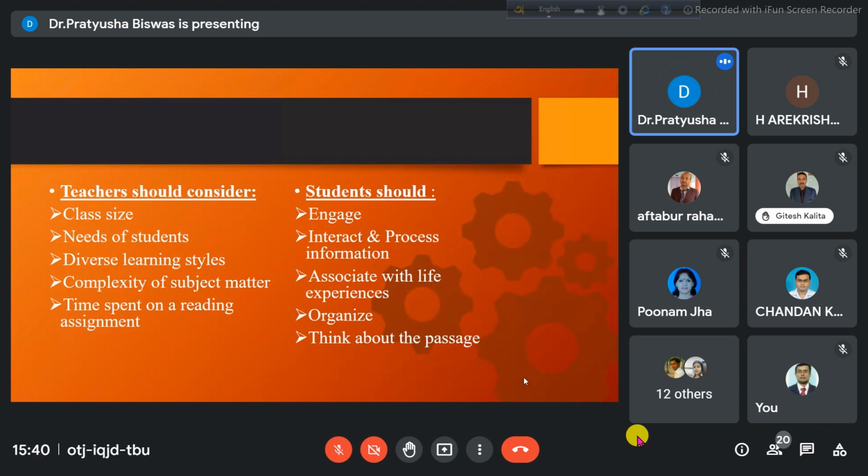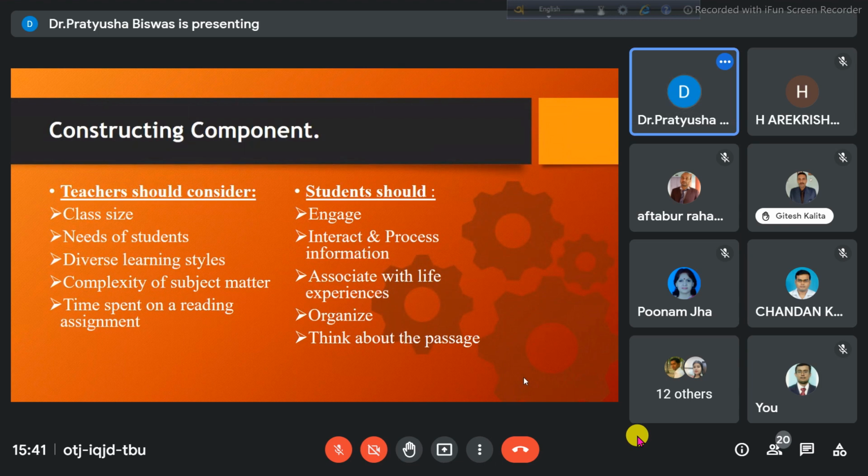Think about the passage. Like I told you, this is done from the language perspective. When I say think about the passage, it means that after finishing the reading, what exactly I am able to interpret from that particular passage or reading content is something the student should clearly mention. In general terms, the learning outcome of a particular instructional style should be categorically clear and clearly defined. There should not be any vague terminology used.